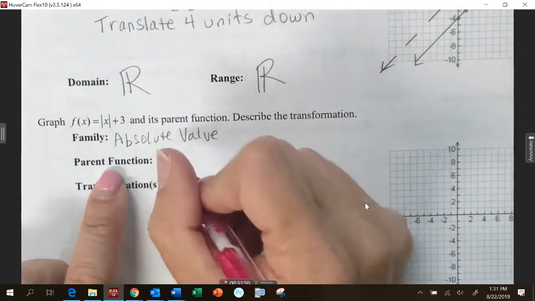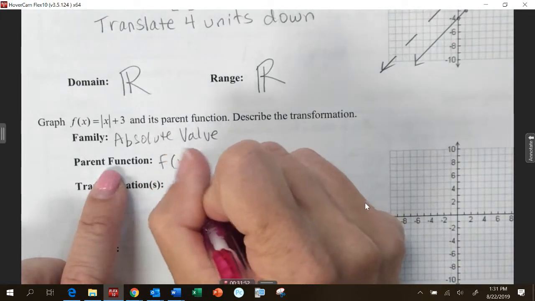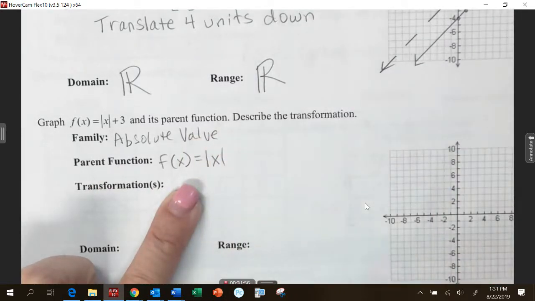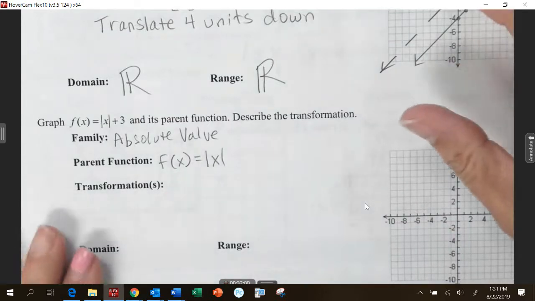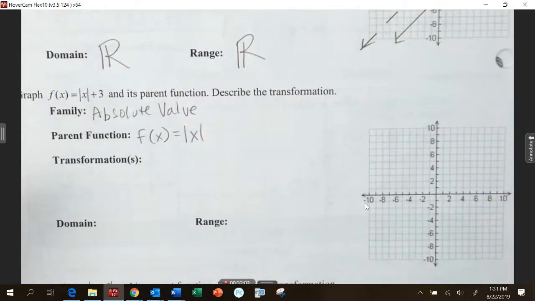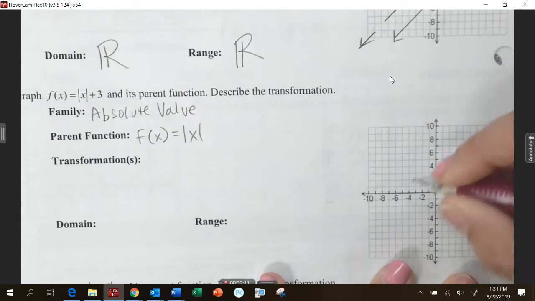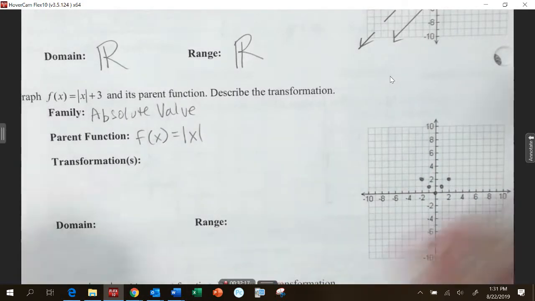What does the parent function look like? F of x equals absolute value of x. That's the parent function. So then we use the parent function points that we graphed, or that we put in that table on the other page, where if I plug in 0, I get 0. If I plug in 1, I get 1. If I plug in 2, I get 2. If I plug in -1, I get 1. If I plug in -2, I get 2. That's coming from